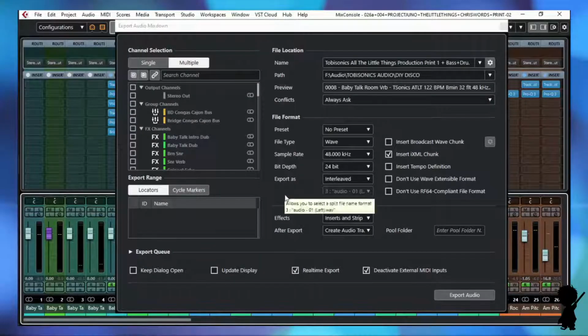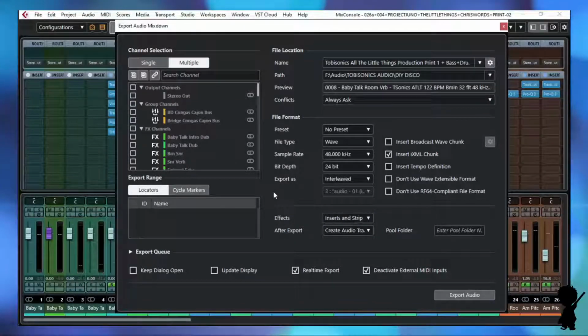Now we're ready to export our tracks. So here we are, we're back in the export audio mixdown window in Cubase. Remember, it's going to be a little bit different with your DAW. I'm not going to get into the hows and whys of Cubase too much. I'm just going to go through the principles of it because they'll be the same regardless of what DAW you're